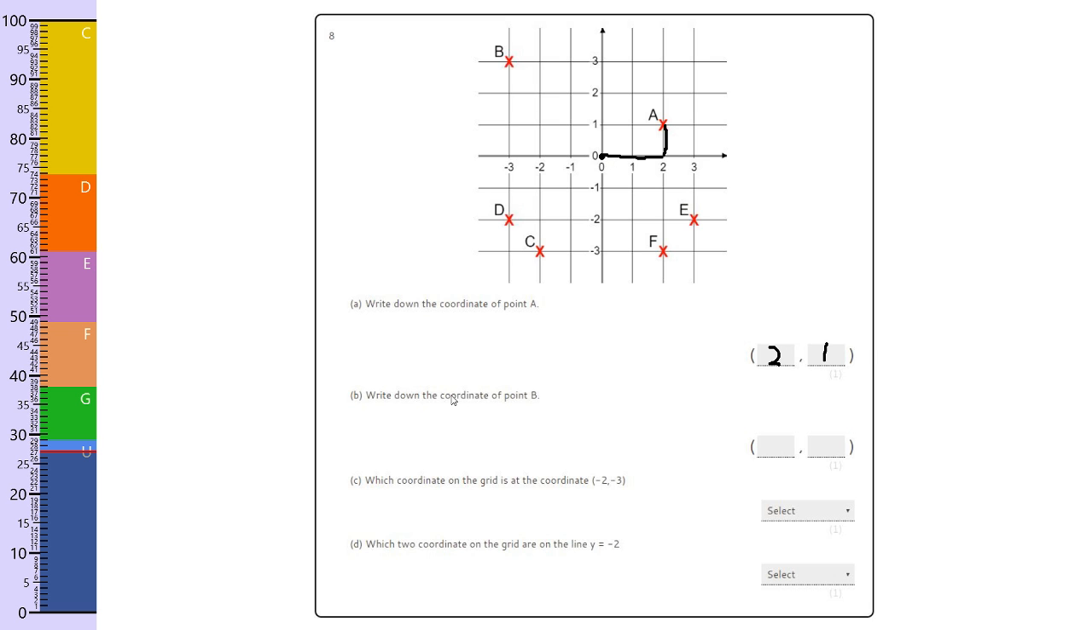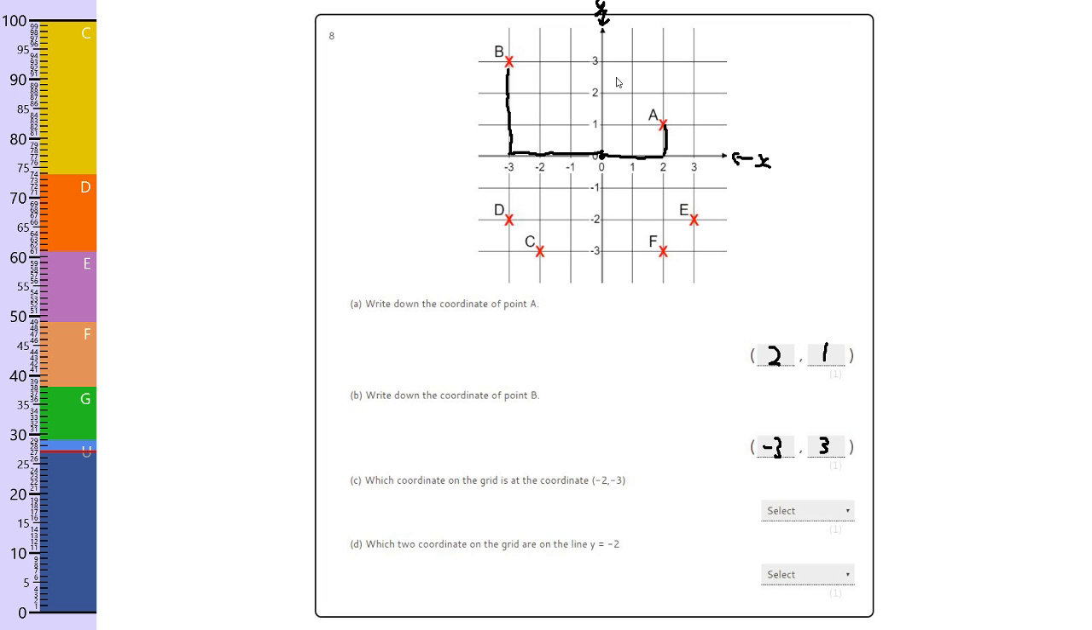Okay. Write down the coordinate of point B. This time we're going left, 1, 2, 3. So it's -3. Okay, so it says -3 there. And then we're going up, 1, 2, 3. So we're going up 3. So it's -3, 3. Remember, you always do this one first, and then this axis, the X, and then the